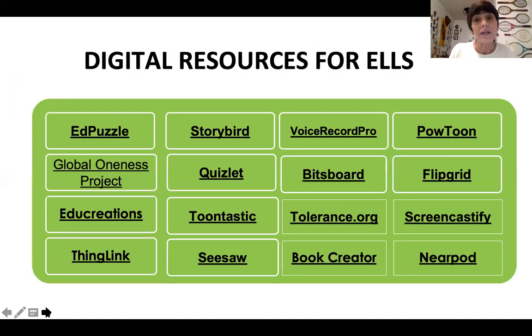And while we're engaging our students in a project-based learning assignment, an inquiry-based learning assignment, they can use a lot of different digital resources to enhance their learning process. Here are some that help ELLs build their language skills, get a lot of practice demonstrating mastery of content. For example, even something as simple as Voice Record Pro would allow them to record a podcast and practice their English skills, practice their home language skills, and